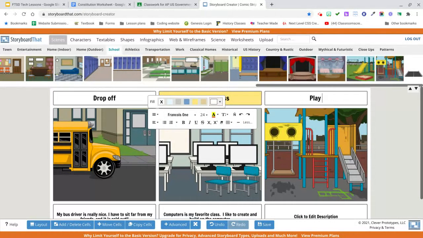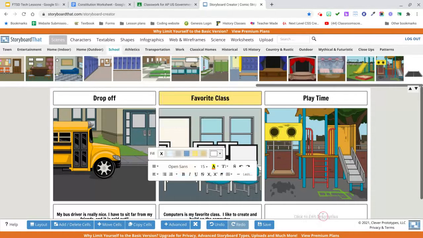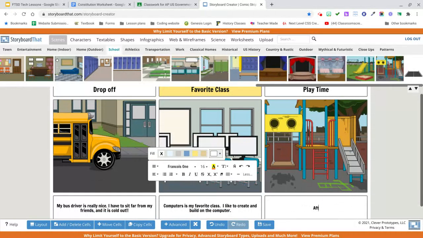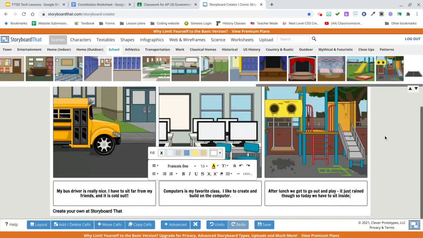Playtime. Right. So after lunch, we get to go out and play. It just rained though, so today we have to sit inside. All right, so that's my day, but now there's not a lot of people or things going on here, so